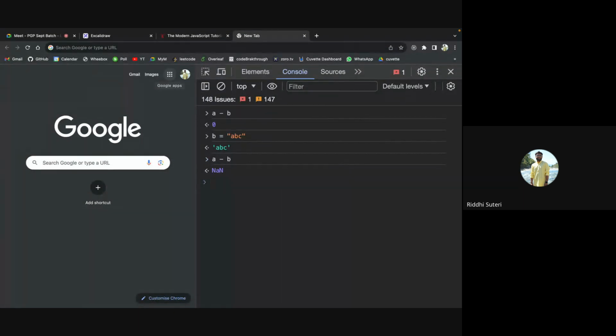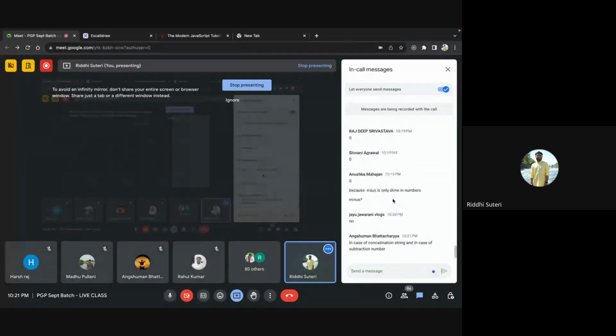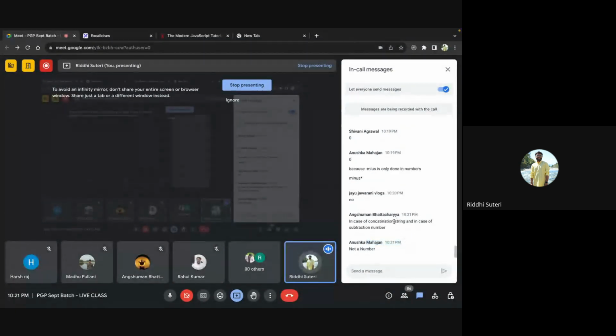Yes, because in case JavaScript was not successful in converting a string to a number, it will give you a result like this, which simply means the operation that you are trying to perform does not result in a number. And that is how it will work. Exactly like this. In the string case, it forms concatenation, and in the other part it forms a number. Right? That is the concept of type conversion and coercion.